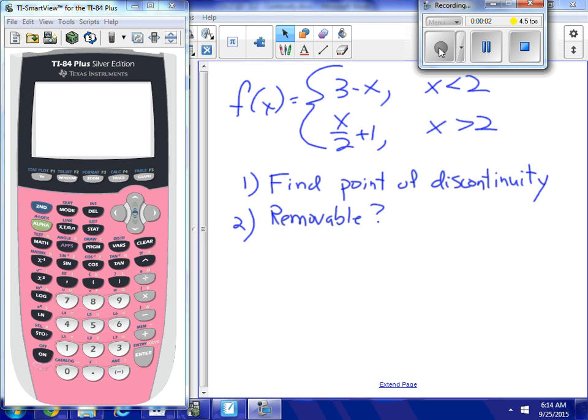Problem, I'm being asked to take this piecewise function and find each point of discontinuity and to find out if it is removable or not. So it's a piecewise function. And